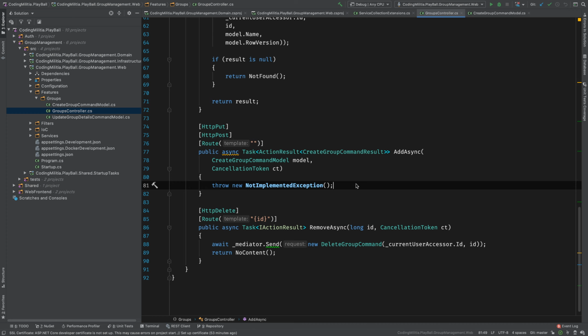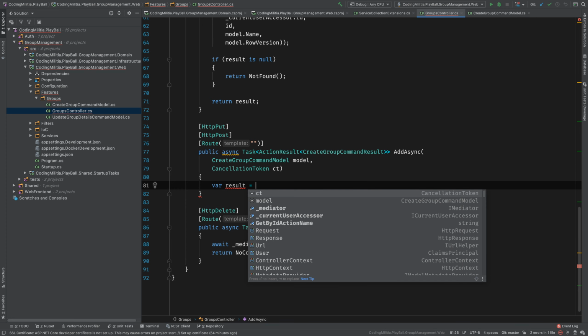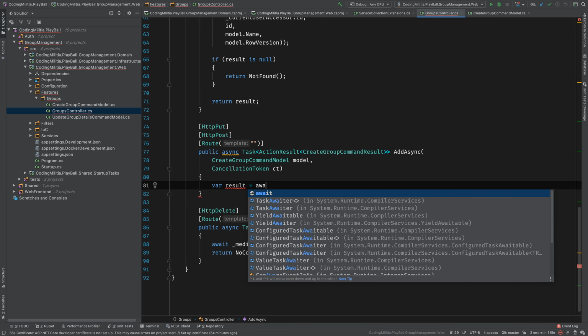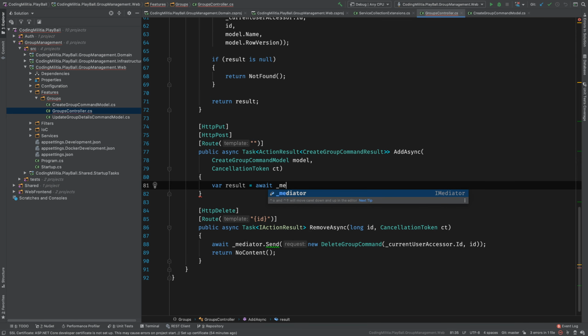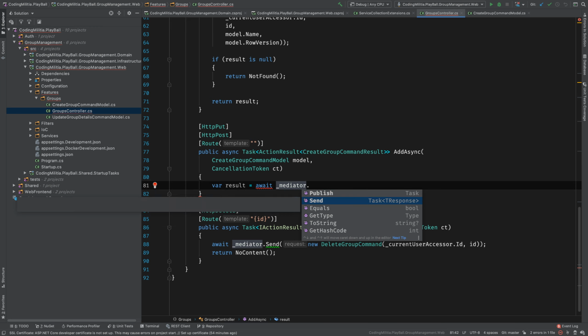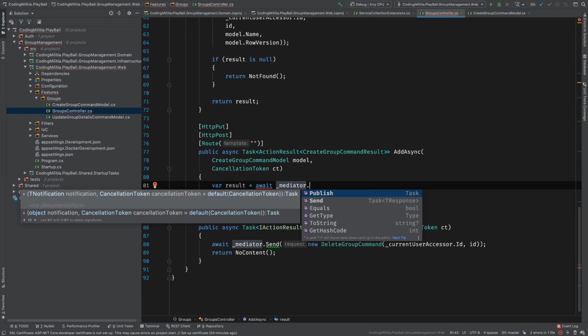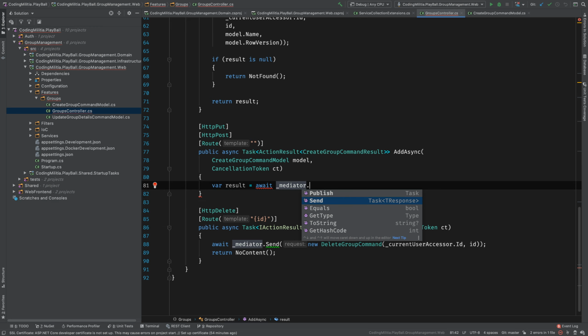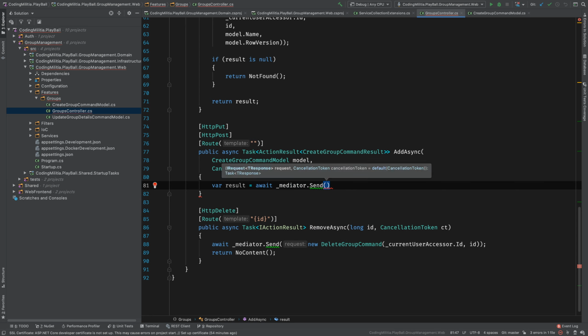So what we do is result equals await mediator dot Send. Publish is used for the notifications, so we just publish and let it go. Send is for the request-response type of thing we are doing now, and pass in the request,